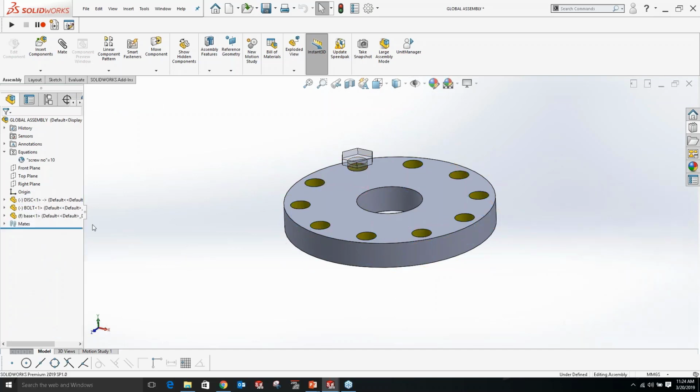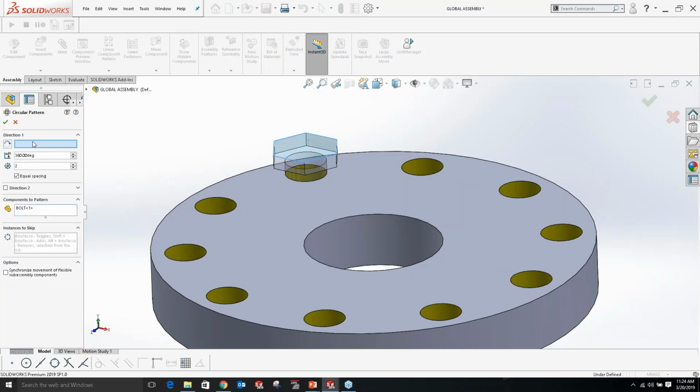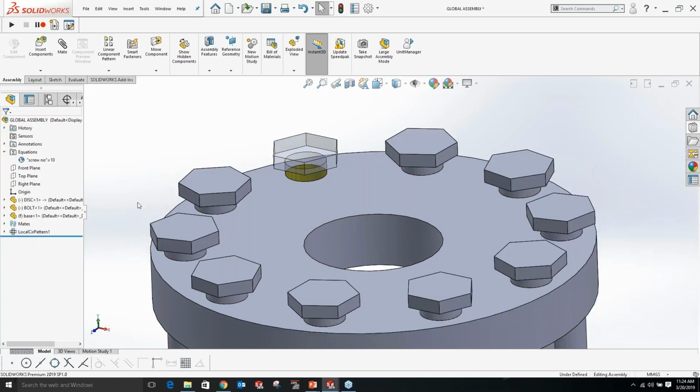Now I need to generate a pattern of this particular hardware, which I need to govern using the global variable. So I will just select this hardware, go to the circular pattern and create with 10 equi-spaced instances. Okay. Now again this local pattern is to be governed using